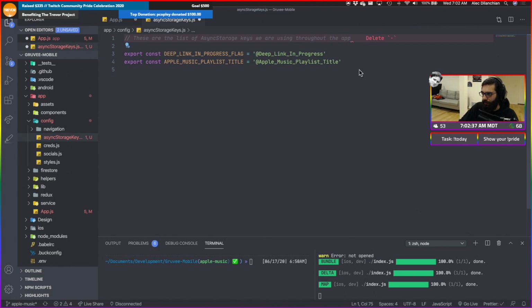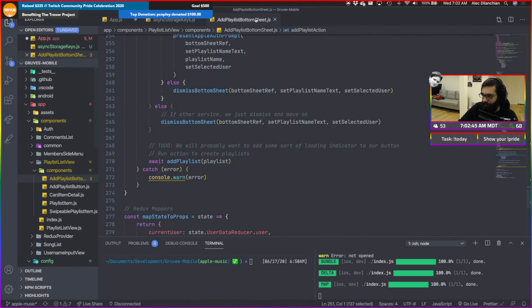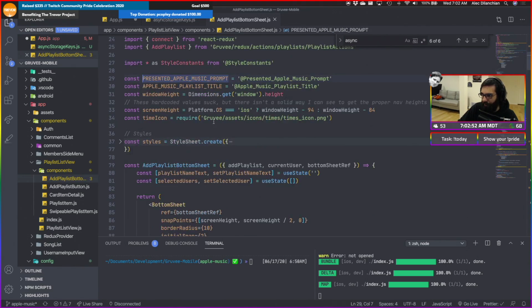Cool. So we do that, and then there's another one that we did, which should be in the add playlist bottom sheet. Async storage. Where is this thing? This thing is right here. Oh, we got two.